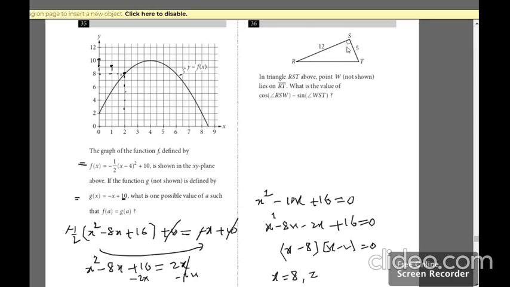Now moving on to the next one, we have a right triangle, and they have asked us to work out the value of cosine RSW and sine WST, where W is not shown. So let us just take W over here. It could be in the middle also. If I draw a line which separates it, we have two triangles, RSW and WST, and they have given cos and sine, and we need to work out the angle in the middle, that is S in both. They are all complementary, so there is no particular value that is given for us. So the answer is going to be, as it's a subtraction case, 0.